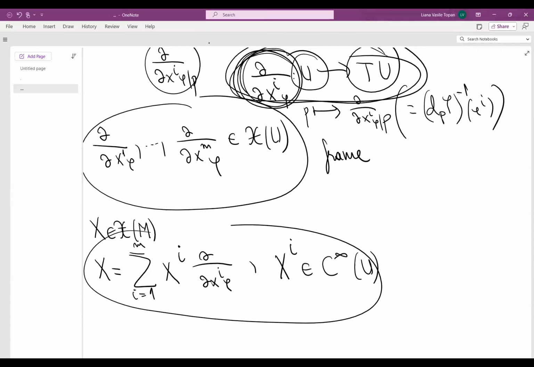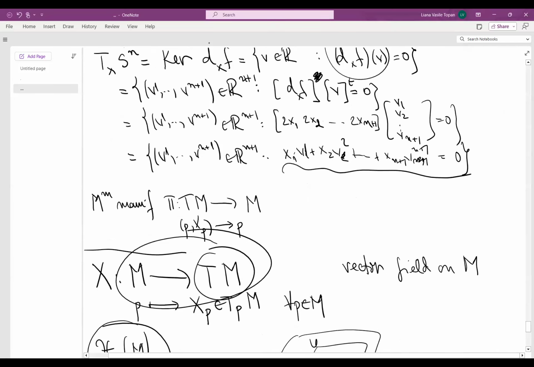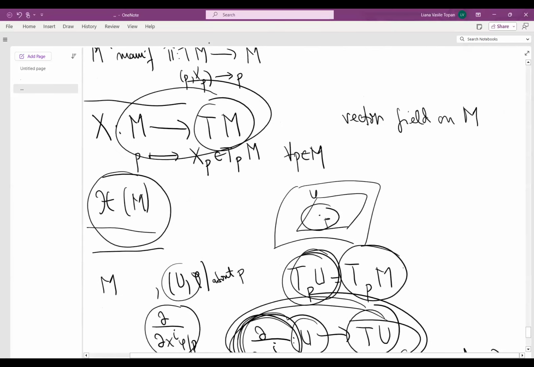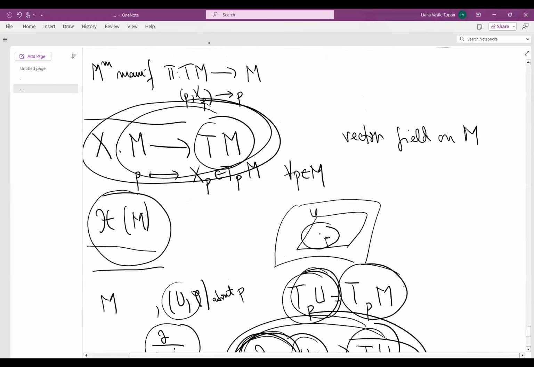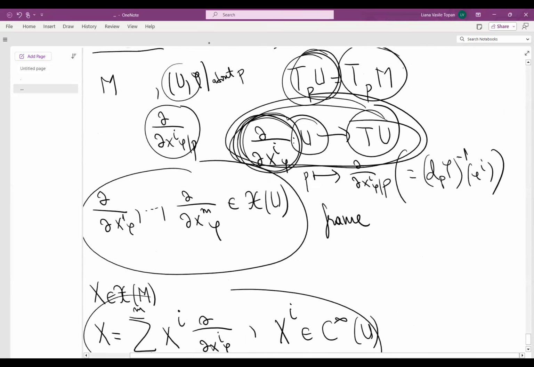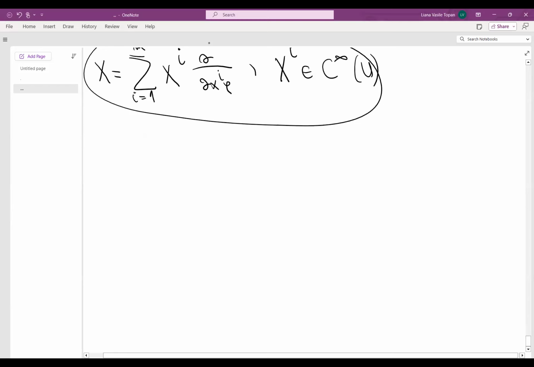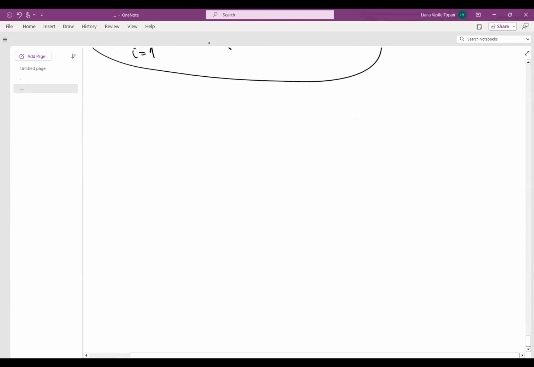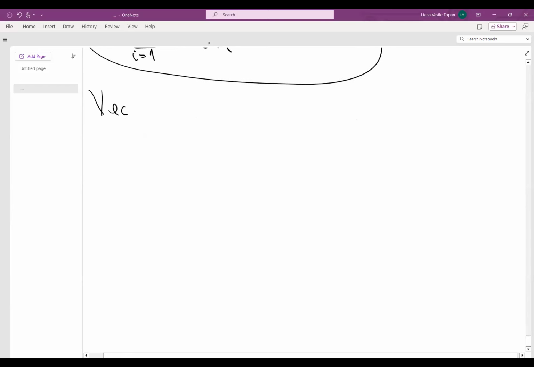Now there is another way to think of vector fields. Right, so the first way, there is a dual way to look at the vector fields. The first one is a vector field is the section of the tangent bundle. So it's a map defined like this. All right, that's pretty clear. And now let's look at vector fields as so-called derivations. So I'm going to write like this. So vector fields as derivations.